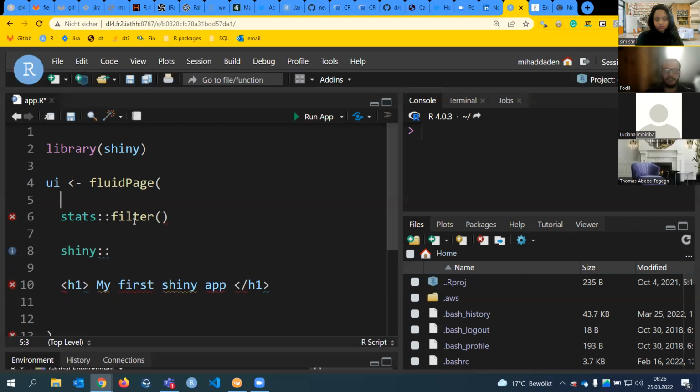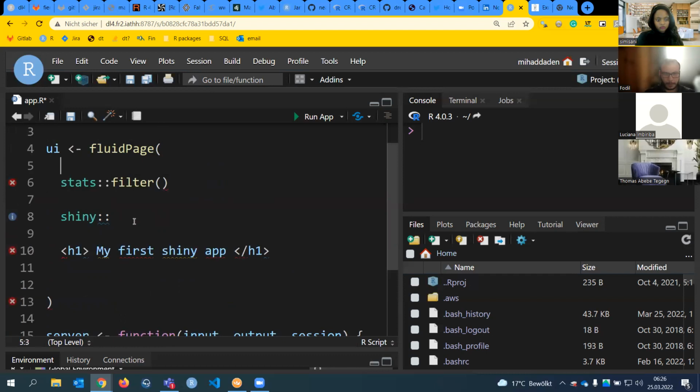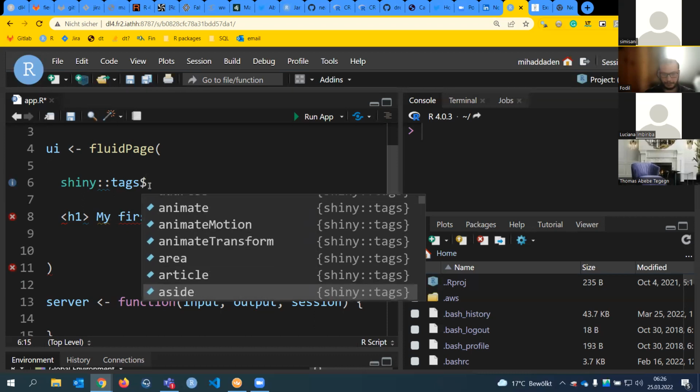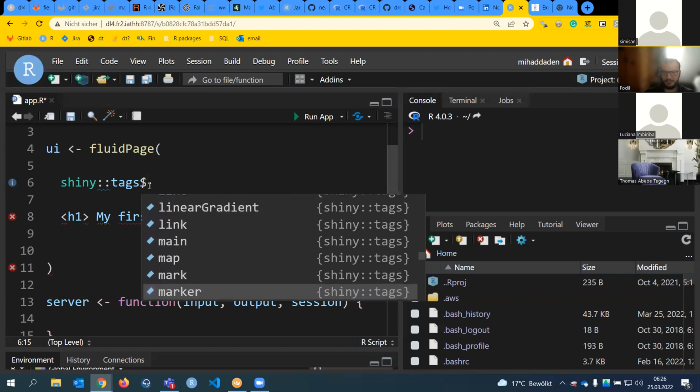So now let's get back to our HTML components. Shiny provides an object called tags. And you can see that this is an object, and it contains many, many HTML tags, most of the HTML that you will ever use. You can access the HTML functions using the dollar sign here, and you will have the whole list. You can see that there are maybe more than 50 elements, which is more than what you need.